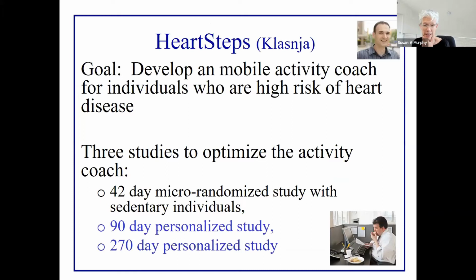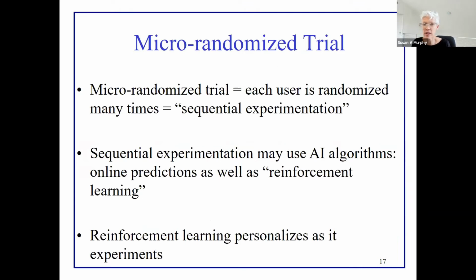Okay, so now we're going to the next 2 studies. And in fact, they weren't over 6 weeks. They were over much longer time periods, 30 days, 9 months. And I say they're both personalized because now we have an algorithm doing the micro-randomization. And I'll talk to you about what I mean by personalization here. What does it really mean? Okay, so in a micro-randomized trial, what we saw is that every user, every individual is randomized many, many times, 210 times in the first study. One way you can determine those randomization probabilities is the way we did in the first study. We just set it at 0.6, and we used a software algorithm to send a message with probability 0.6.